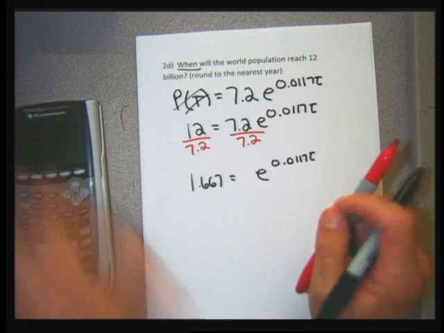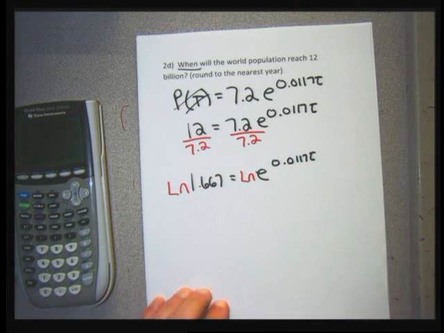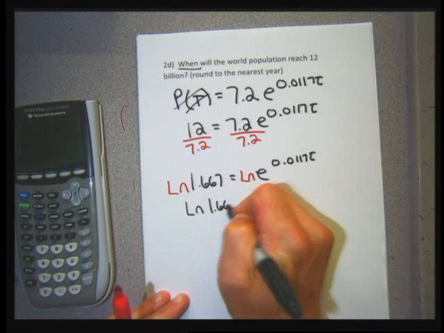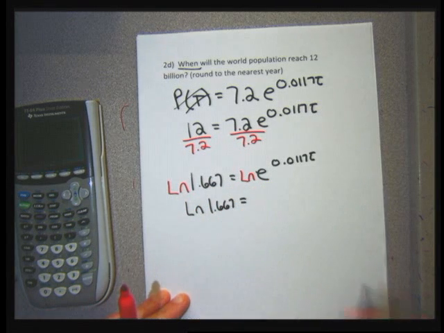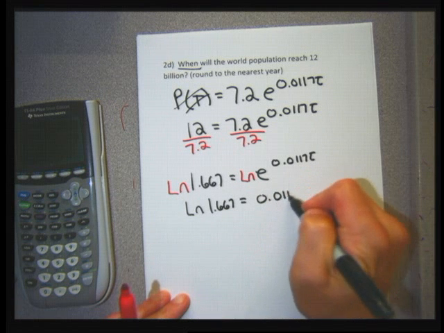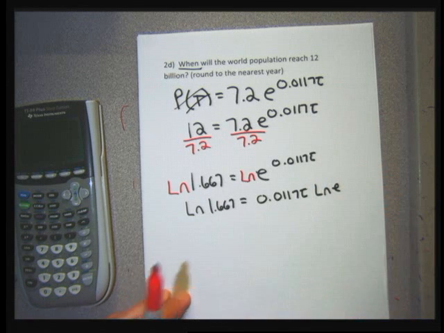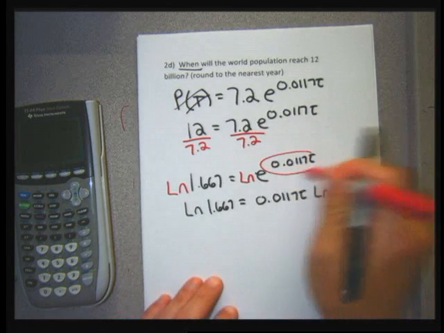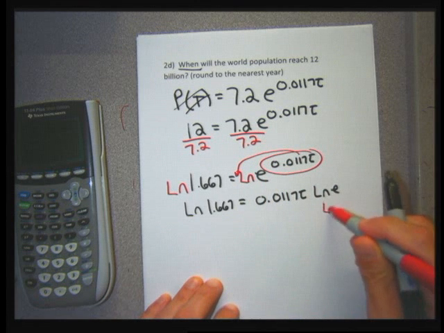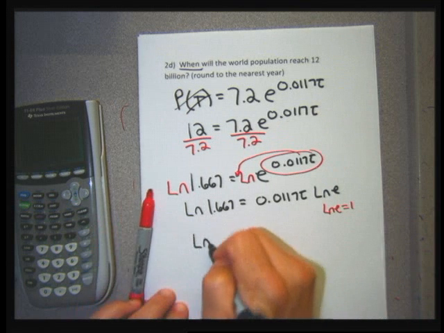Now I'm going to take the ln of both sides and leave the left side the ln of 1.667. If you did ln of 5/3, it would be better. On the right side, I'm going to make the exponent a coefficient using the power to product rule. So I brought this in front of my logarithm. The nice thing about doing this, because the ln of e is 1,